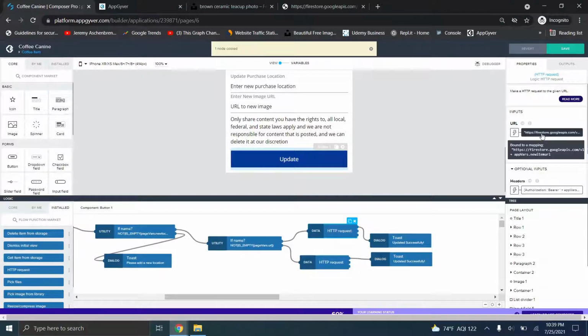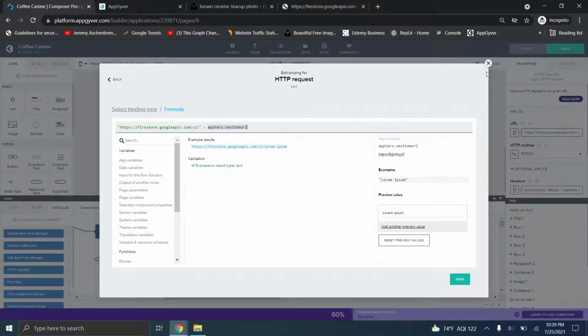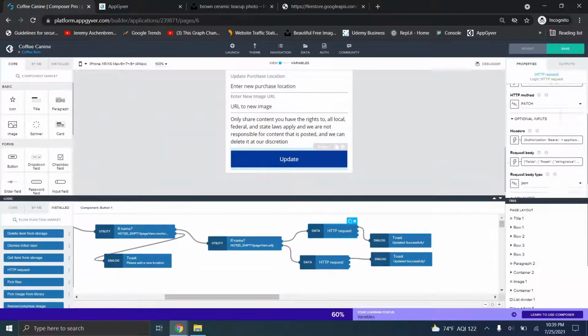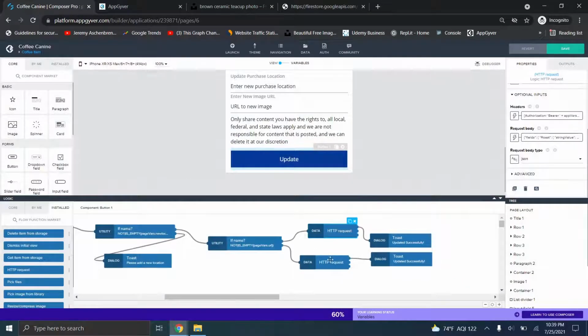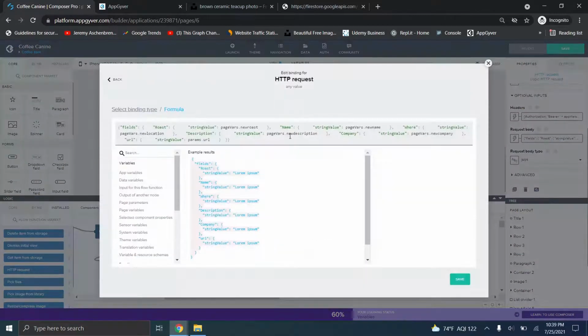So if you look at the body of this request, you have the same URL, but the actual body of the request, you'll notice here that it's a slightly different post request. So this one has a URL. When we go to this one, it's all the same information. The difference here is you'll notice when we're going through all of this content, I left out the URL for the page variable, and I made it the